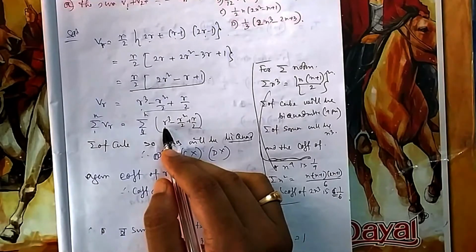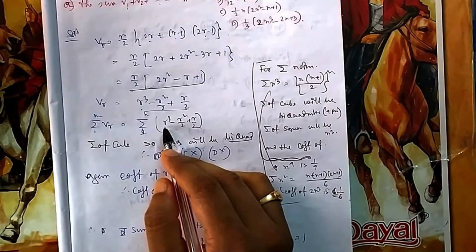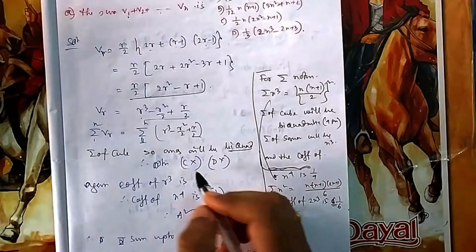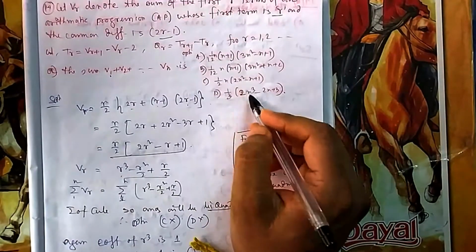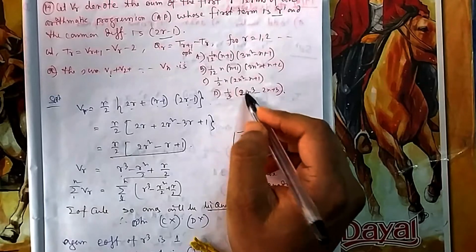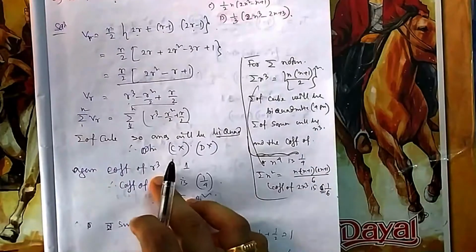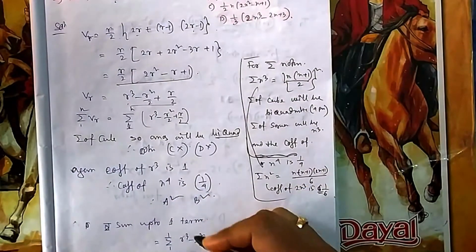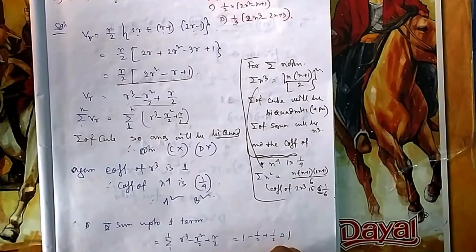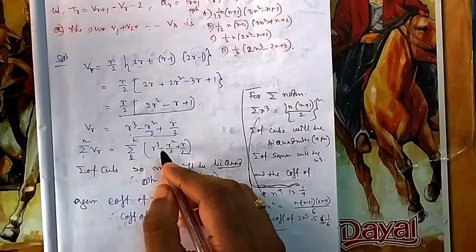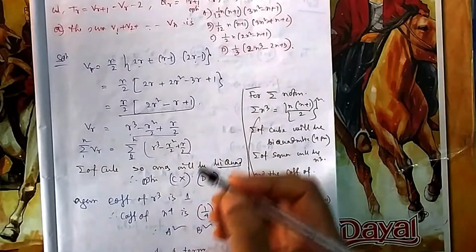Now summation of R cube has n to the power 4. But in which option? C option and D option, you don't have the highest power of n as 4, it is 3. So it will not be the answer obviously, it is either A or B. Now you can also do it fully, but without doing that I am checking with the options, because if you do it, it will take some time. So you can check with the options.